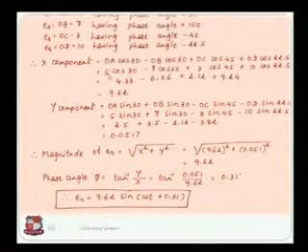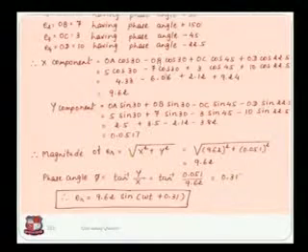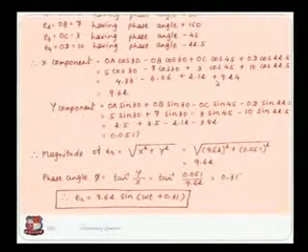So rewrite it like this: 5, the magnitude of OA, cos 30, minus 7, the magnitude of OB, cos 30, plus 3, the magnitude of OC, cos 45, and plus 10, the magnitude of OD, cos 22.5. Which is equal to 4.33 minus 6.06 plus 2.12 plus 9.24. So your final answer is